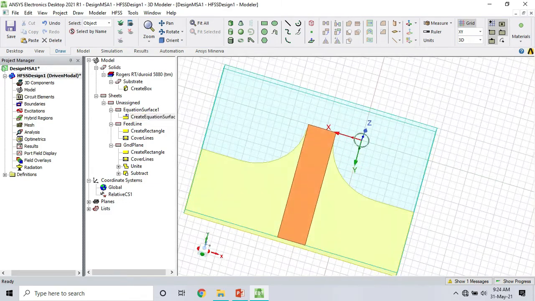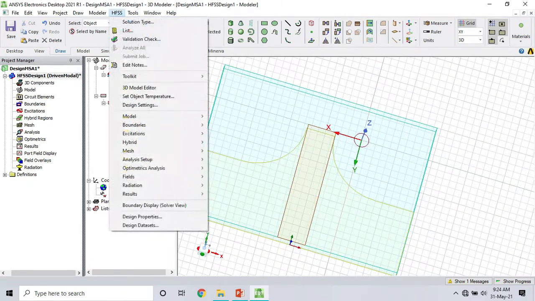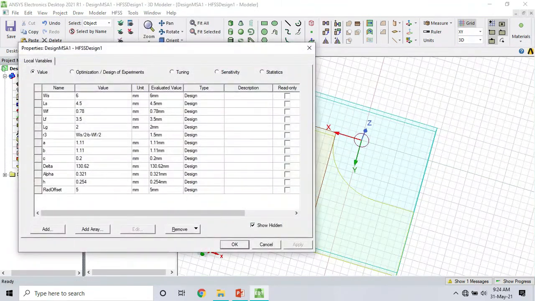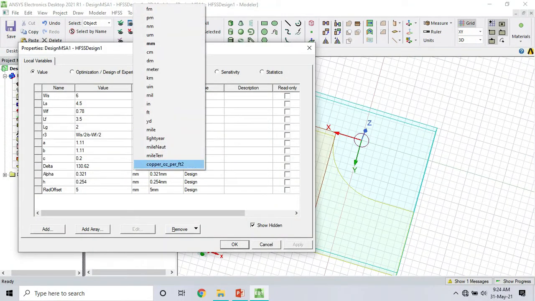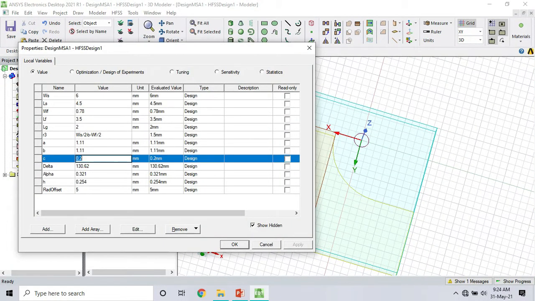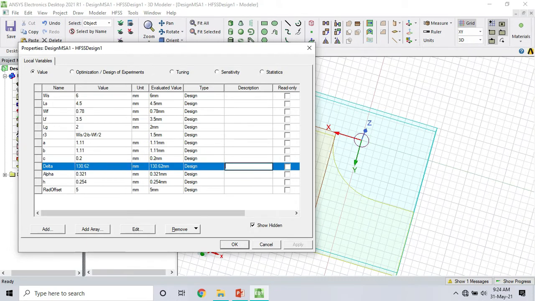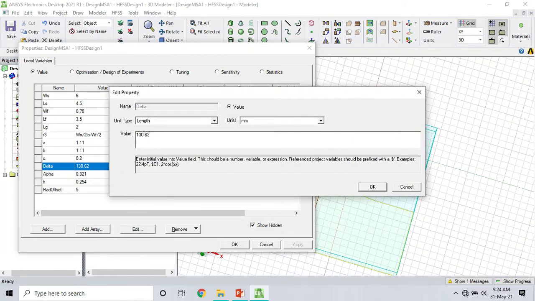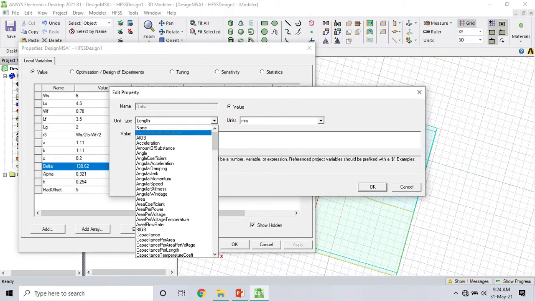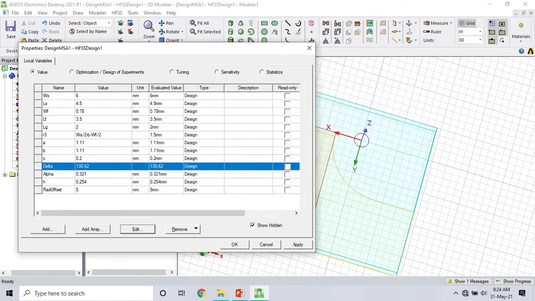We got this circle, and the problem is with the delta. Here we had defined delta to be in mm, but we don't want that. We want it to be of type none, because we are taking it as a number only, no dimension. So edit it, go to top, none, click OK, apply it.